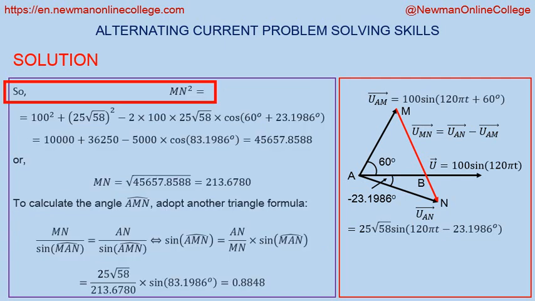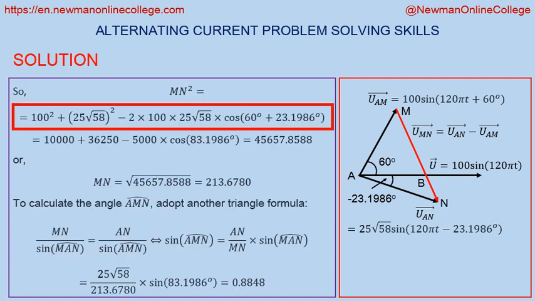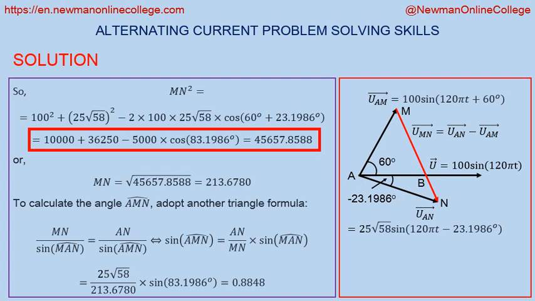So, mn squared equals 100 squared plus, open bracket, 25 times square root of 58, close bracket, squared, minus 2 times 100 times 25 times square root of 58 times cosine of 60 degree plus 23.1986 degree, equals 10,000 plus 36,250 minus 5,000 times cosine of 83.1986 degree,